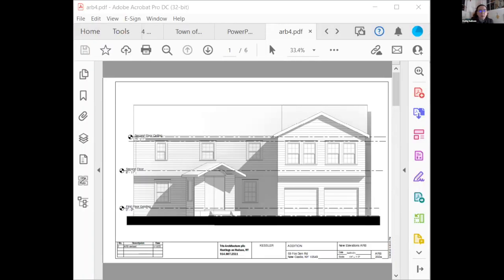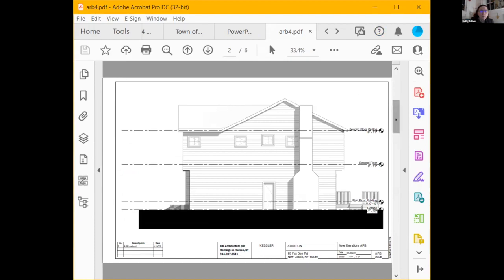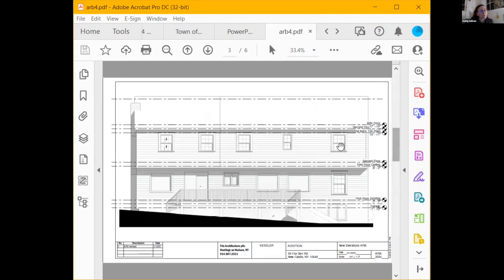Okay, I'll share my screen in a second. So we were asked to take a look at two windows on two walls. I'd like to just show you what we did. The walls in question were the sidewall in the garage. We've made the windows all the same size. And in the back, I'd like to talk about this. We were asked to look at putting a double hung window to match the others. What we had was